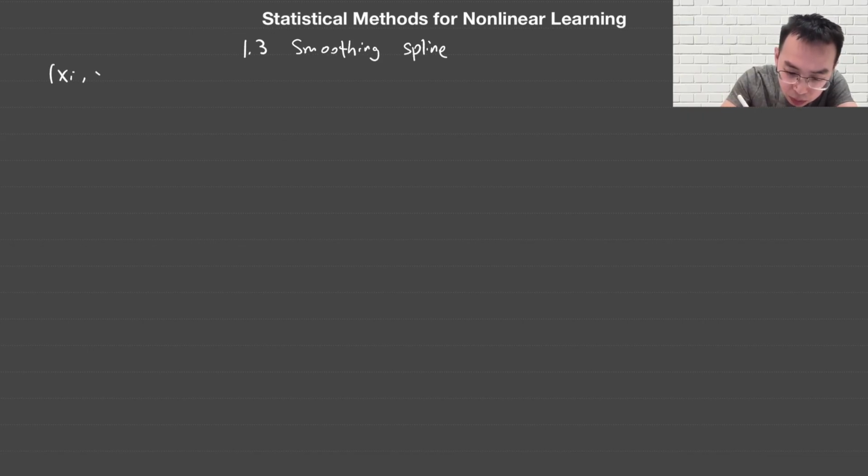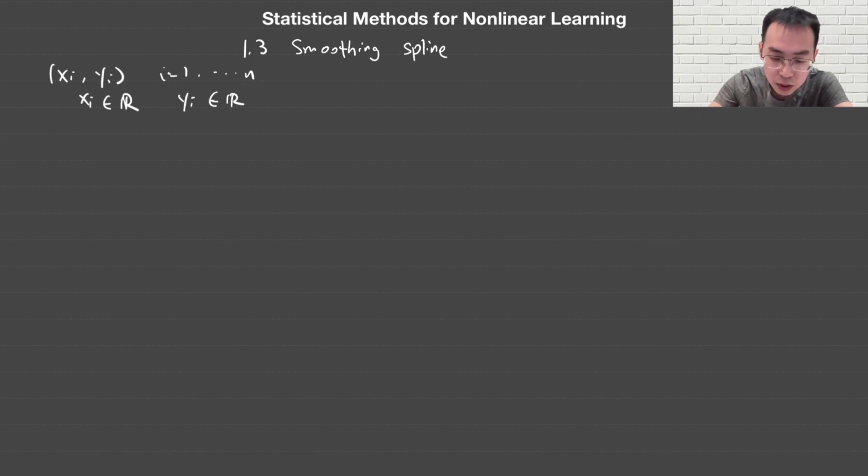Okay, so for the problem setup, we are going to be using the same setup as last time, where we start with paired data xi and yi, where i goes from 1 to n. I should emphasize that xi are real numbers, while yi are also real numbers. So this is the one-dimensional case. And the goal here is that we want to fit a curve